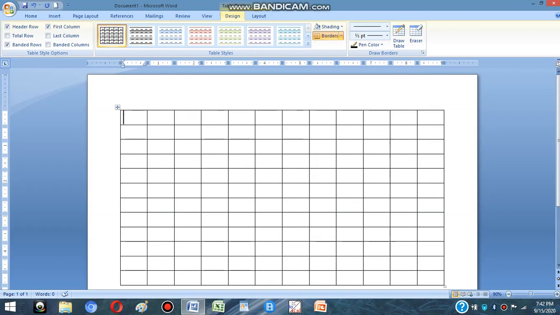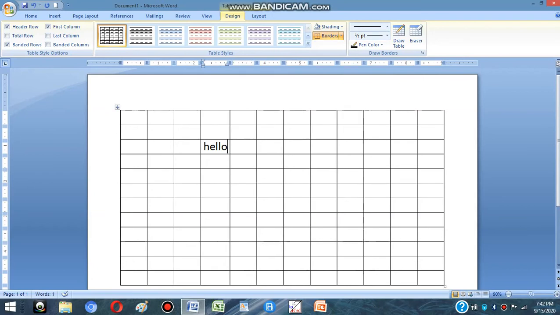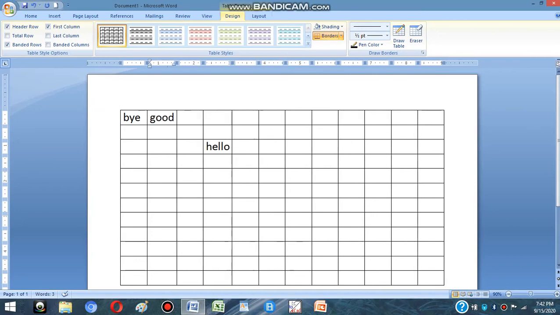Now, entering data. Simply click in the cell where I want to enter the data and start typing. If I want to enter data in the first cell, only click in the cell and the cursor appears, and in this way we can start typing. And also we can move to the next cell by the right key or Tab key, and then I can simply enter the data.